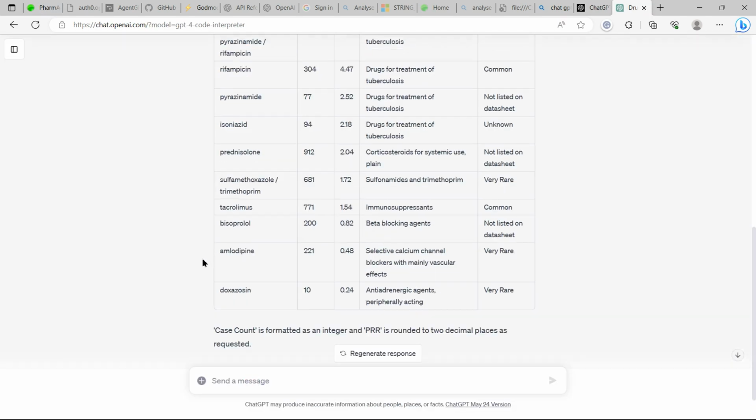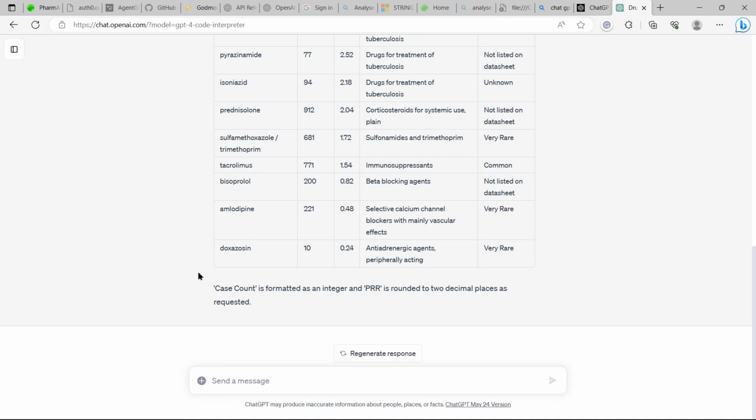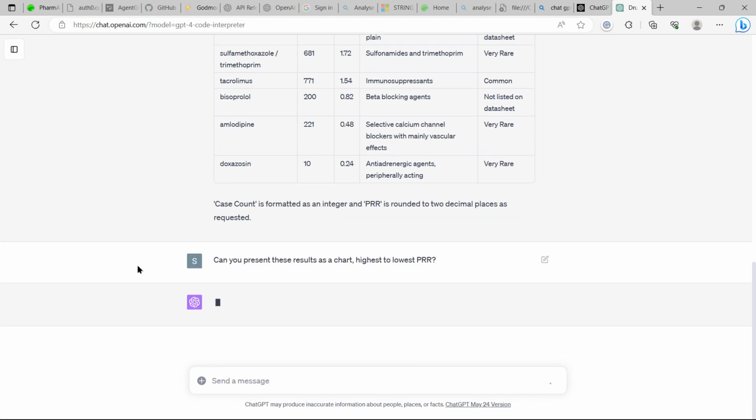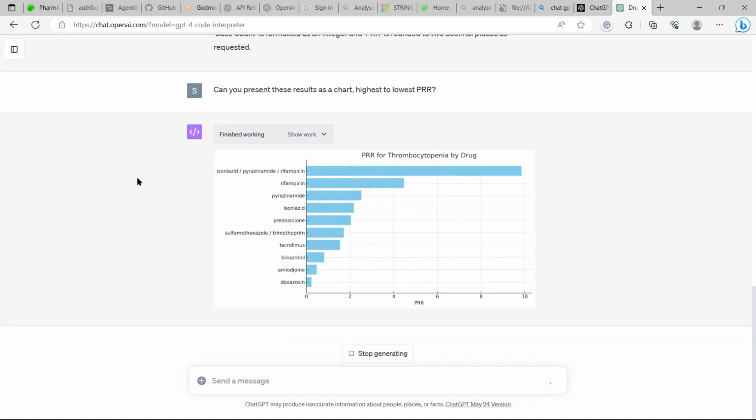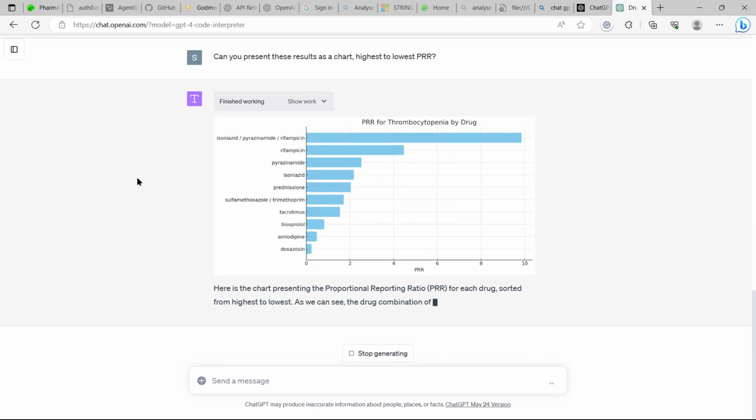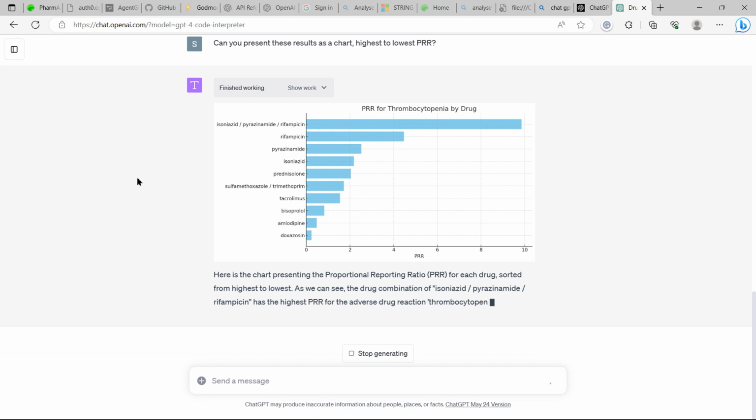Now, because the code interpreter is built on ChatGPT, it continues this conversation mode, so I can now ask follow-up questions. And another very useful function of code interpreter is its ability to create charts. In this case, I'm asking it to chart the PRR values for the drug reaction pairs, so that I could include these in a presentation, for example. And there we have it. It's created that chart out of nowhere, really, and shows the PRR values quite